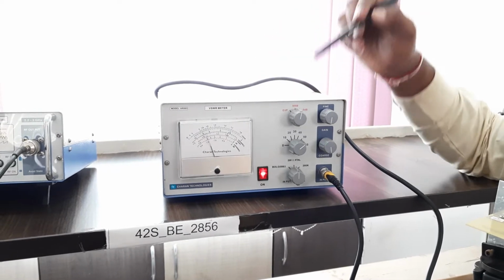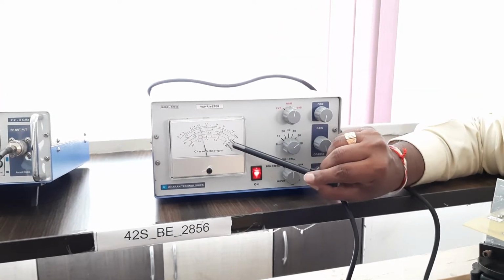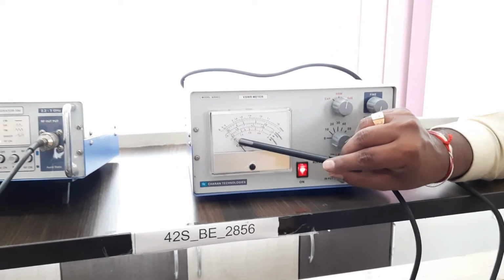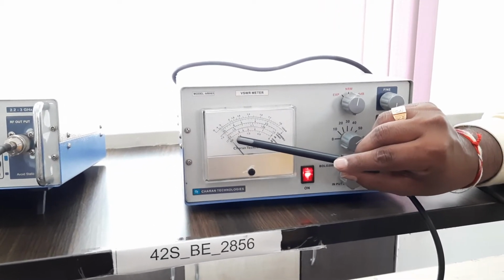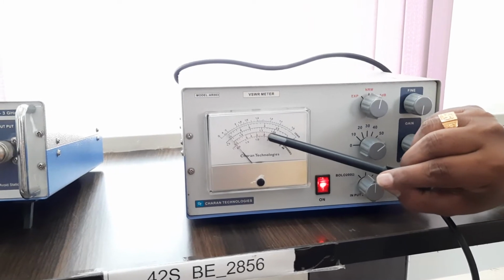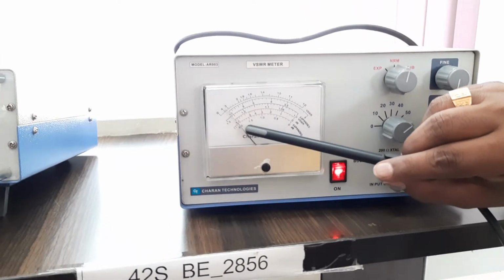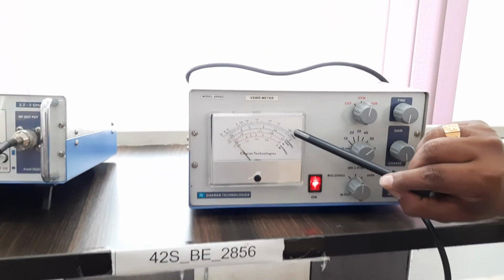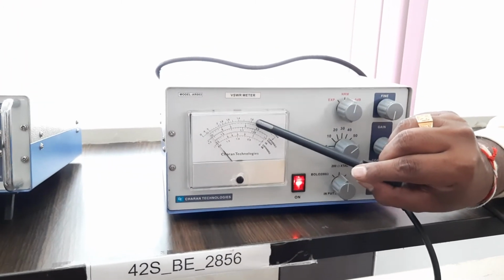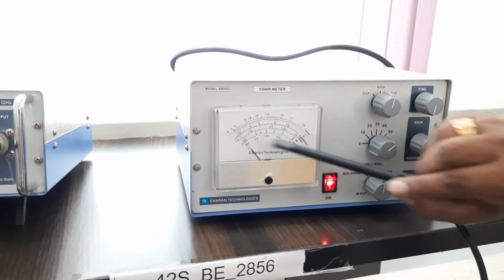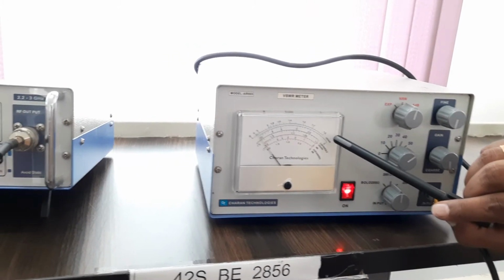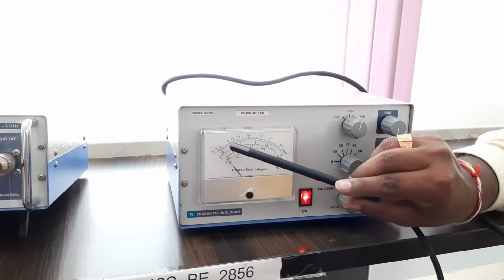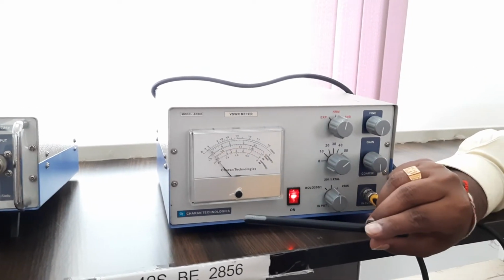If you observe the scale, you can see that 0 is present at this end, and 1.0 is the last value, so it is the 10th value. So 0, 1, 2, 3, 4, 5 up to 10 values. Any of the scales, if you observe, goes 1.0, 1.1, 1.2, and so on up to infinity. You can see that the minimum value is starting at the right hand and the maximum value at the left hand. But this is not the case, the scale remains the same.